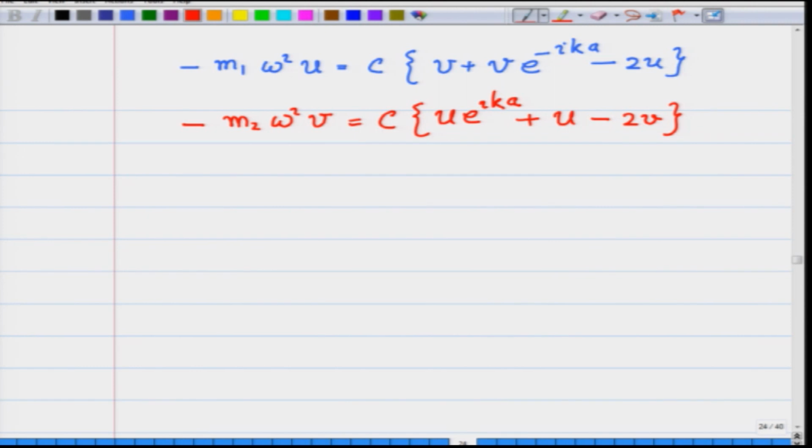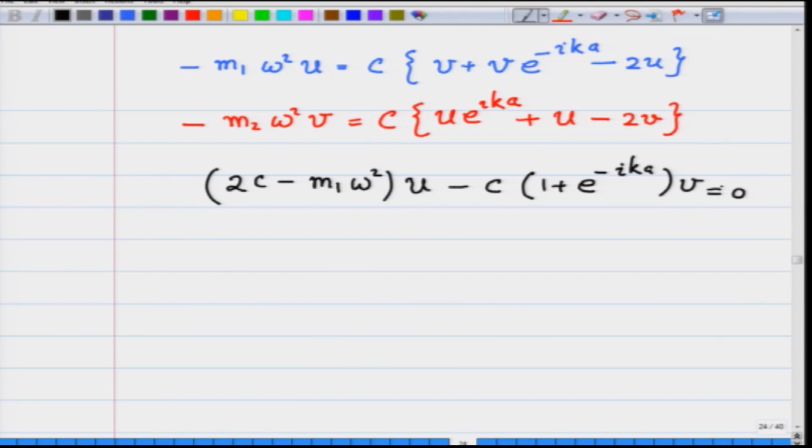I rearrange the terms, collect them all together, and I get these equations as 2 C minus m1 omega square u minus C 1 plus e raised to minus I k a v is equal to 0, that is equation 1, and I get minus C 1 plus e raised to I k a u plus 2 C